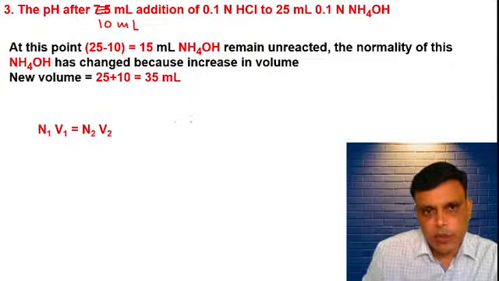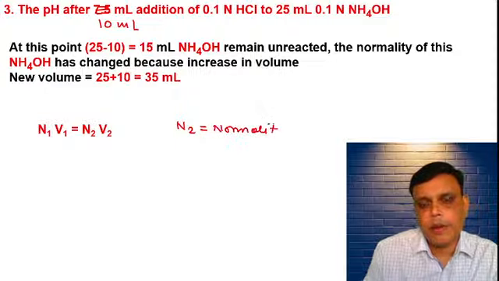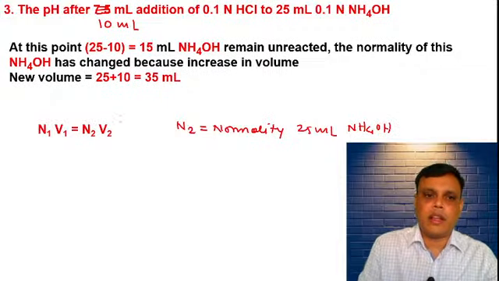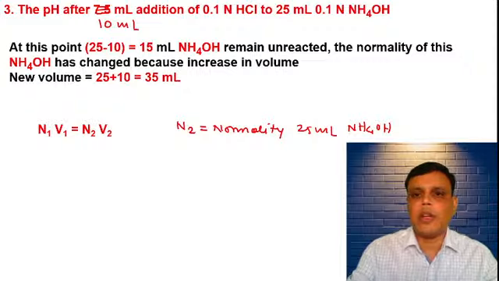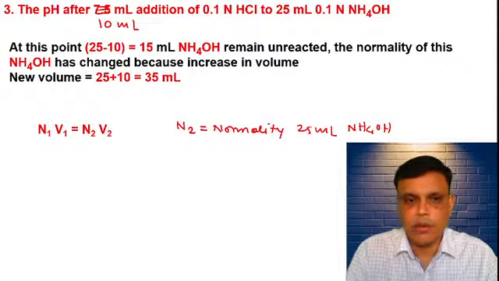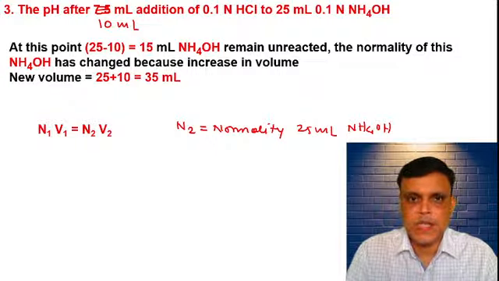Put the value in this equation and tell me the value of N2, which is the normality of 35 ml ammonium hydroxide. Put the values of N1, V1 and V2 in this equation and tell me the normality, that is N2. Tell me normality. Nutan is saying now, Ajinkya is also saying, Shivan is also saying. Okay? Okay, good. Then put the values and tell me the normality, that is N2. कितनी आ जाएगी वैल्यूज की?